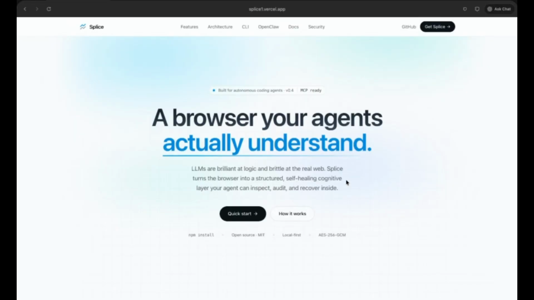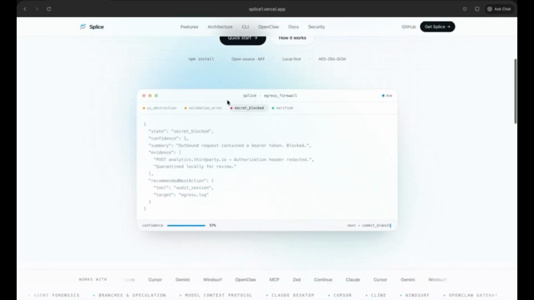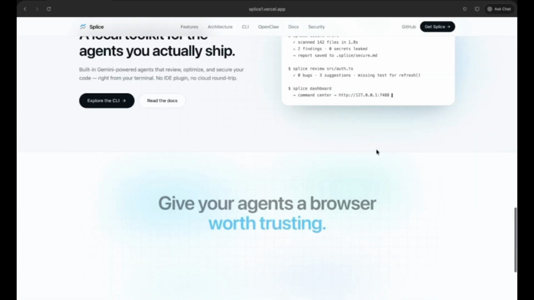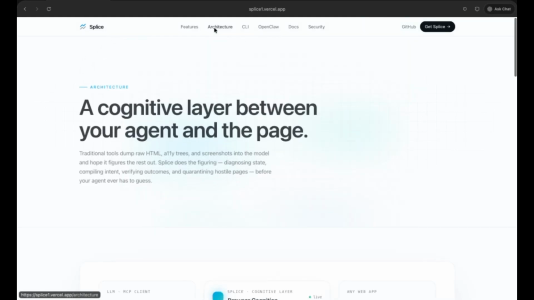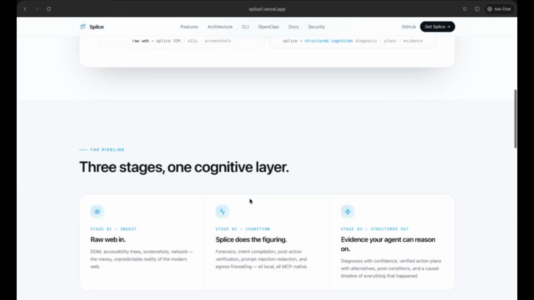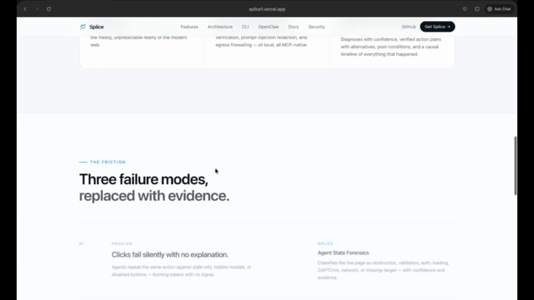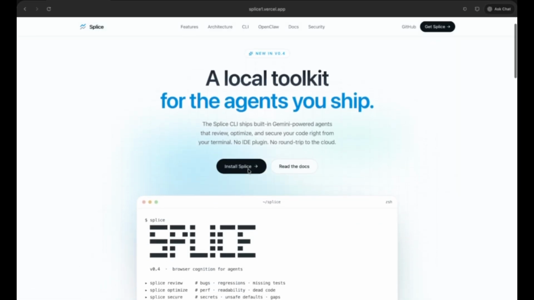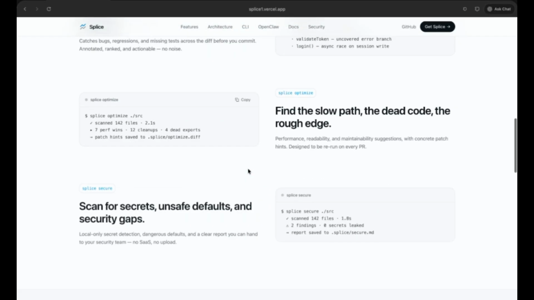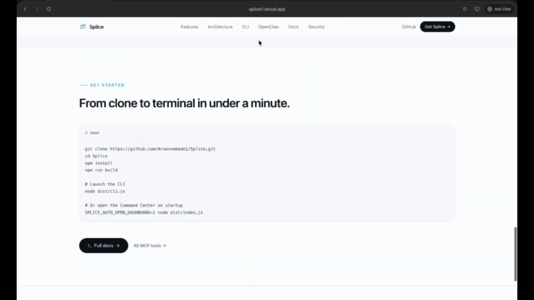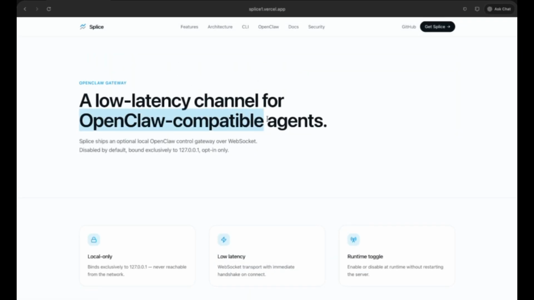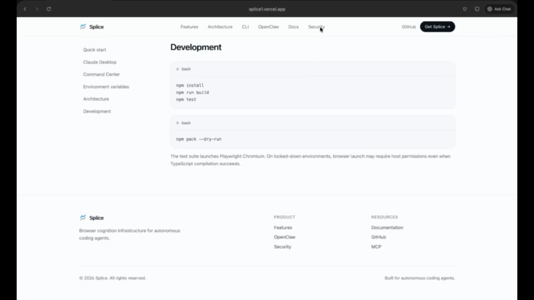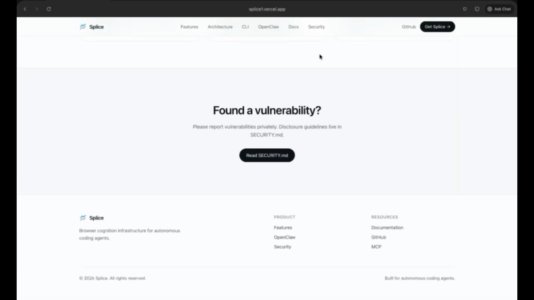So we also built a quick website that talks about everything and how everything works. So first, this is the architecture page. It shows our three stages of one cognitive layer. It's essentially FAQs and problems that it'll usually have. This is our CLI page on how to use the CLI and how to see what the thought process is happening. Our OpenClaw page lets you know what you can use with Splice. To get Splice running, this is a quick summary on how to go over it, and then